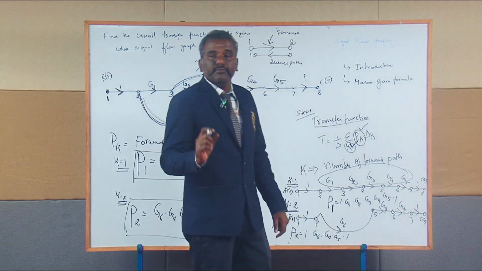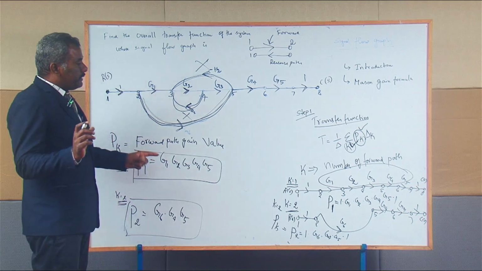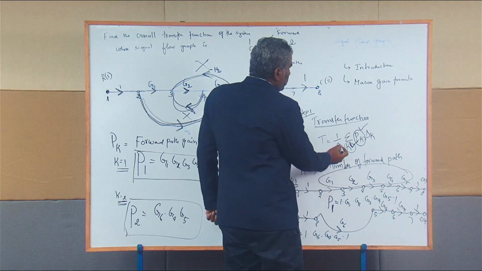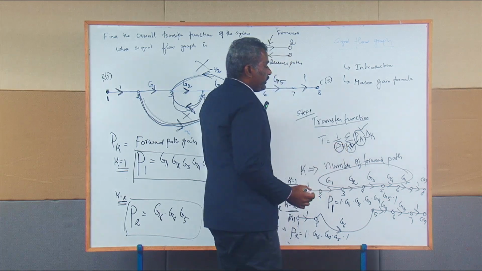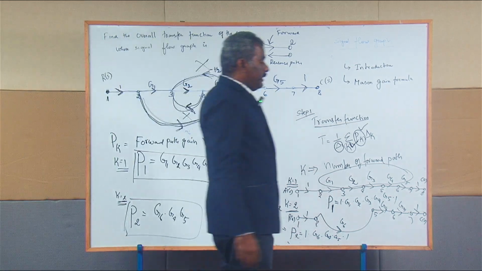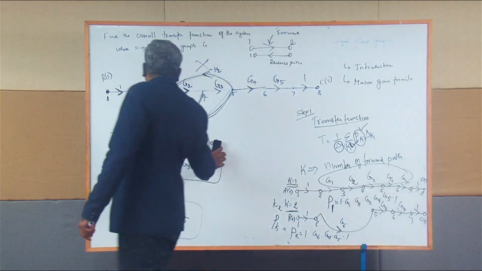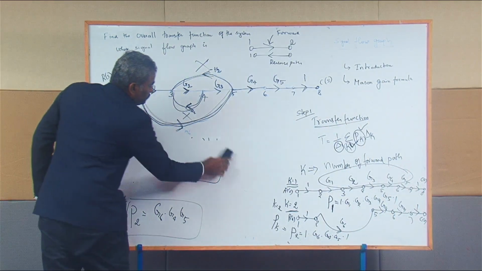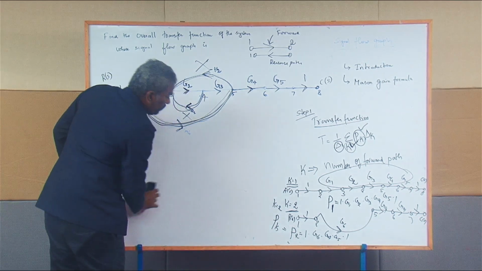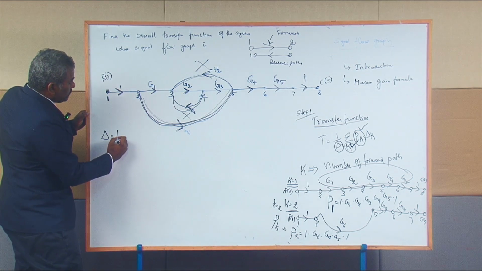The K value is nothing but the forward path gain, and the p suffix k value is nothing but the forward path gain. And next, we can go with the delta value calculation. So delta can be expressed as